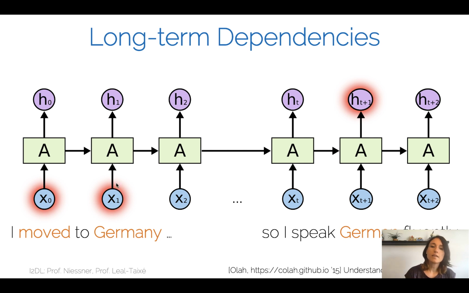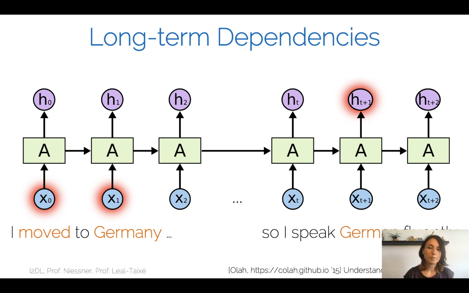This means that this output here at t plus 1 is going to depend on the input x0 and x1. And it could be that the distance between t plus 1 and 0 is really large because there are many words in between that have nothing to do and don't really help in inferring